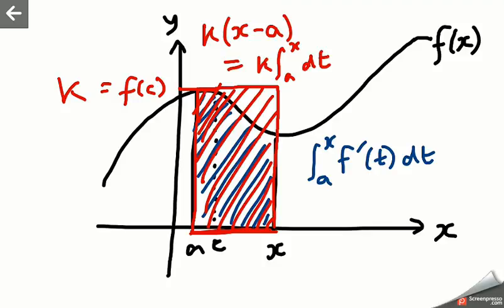It's equal to k times that integral. The reason for that is that if you integrate, there's an invisible 1 here. If you integrate the function 1 dt, you just get t. Then you put x into t and a into t, so you get x minus a when you do the definite integral. Okay, so what we learned here is that this red rectangle has bigger area than the blue integral,